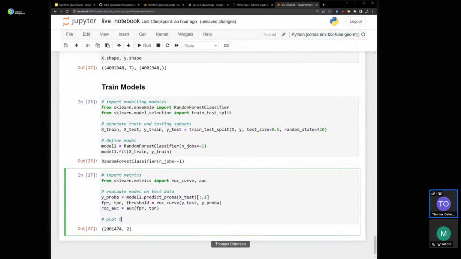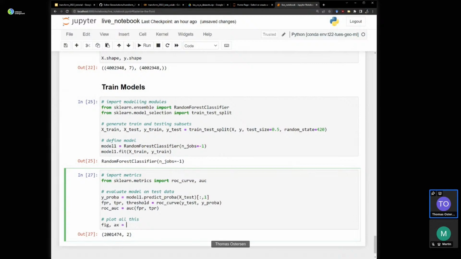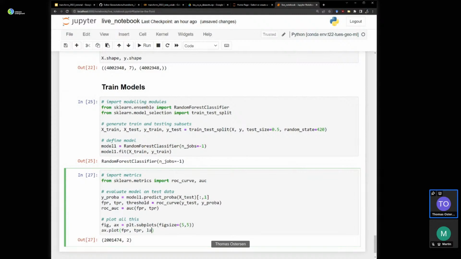Okay, plot all this. We'll just plot it on a subplot here, figure size 5 by 5. Ax plot. We'll plot the false positive rate against the true positive rate, and then we'll label it with the area under the curve.